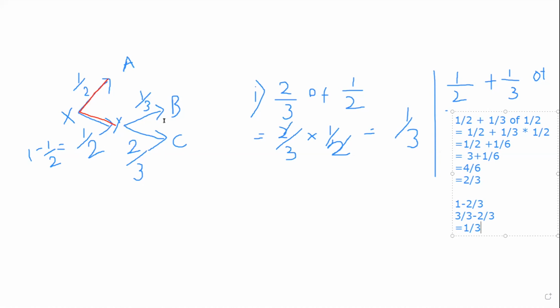2/3 of half. If you want to see for B, if they ask what is the fraction B has received when you consider the initial amount, you have to multiply 1/3 of half. So you have to multiply 1/3 into 1/2. So that is going to be 1/6. So like that, you can directly multiply and take it. Or otherwise, you can do it in this method, but it will take a lot of time.